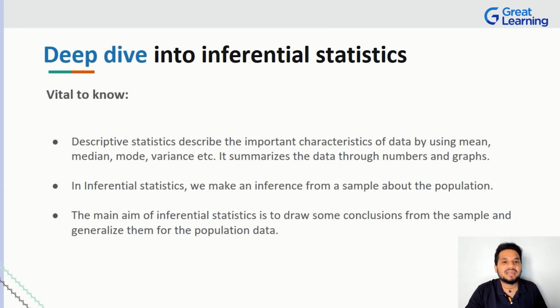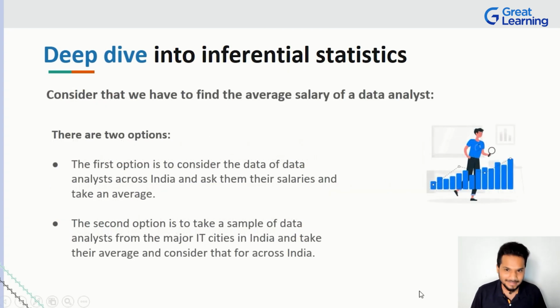This is you describing the data. Now coming to inferential statistics, it's slightly different here because we're not trying to use mean, median, mode or anything to give us the result, but here we're trying to make an inference of it, right? We're trying to draw some conclusion from the sample and say, hey, if this is true for the sample, I can make an inference that it might be true also for the entire population that I have. You get the difference now between inferential and descriptive statistics, right?